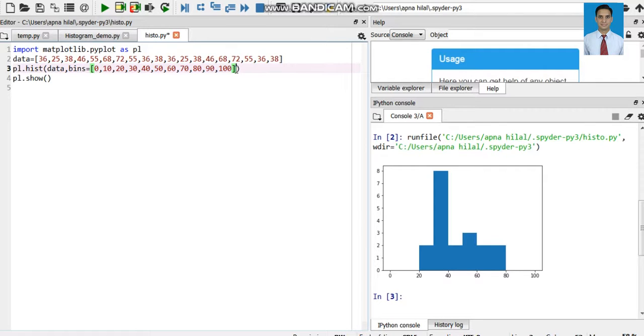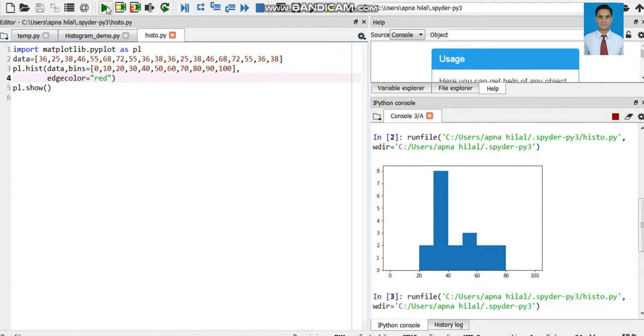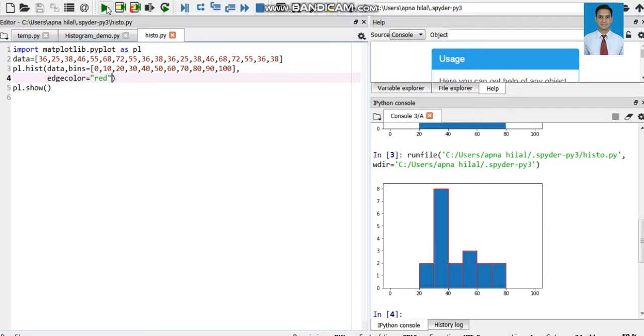We will set an edgecolor, whatever color you want. For example, we will set red. Let us see the effect of it. The color of the edge of the bins is red. This is the basic function of a histogram, and let us implement the other parameters as well.